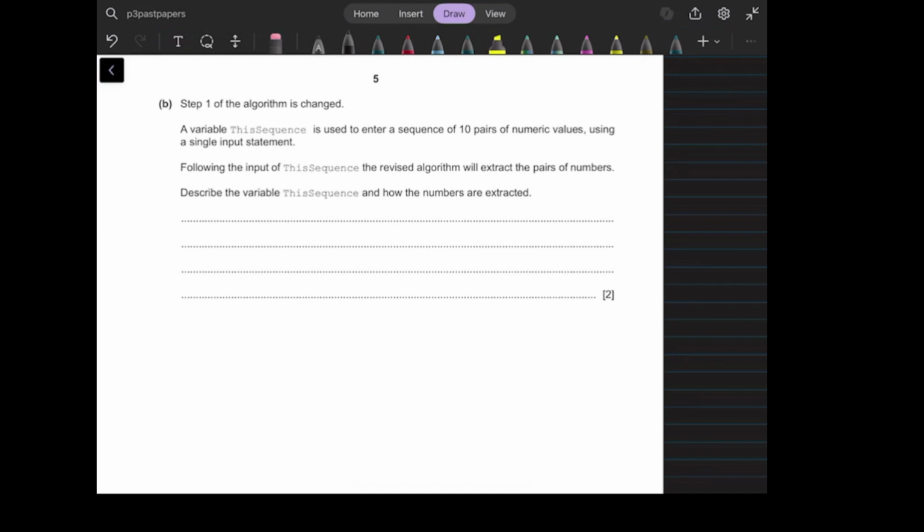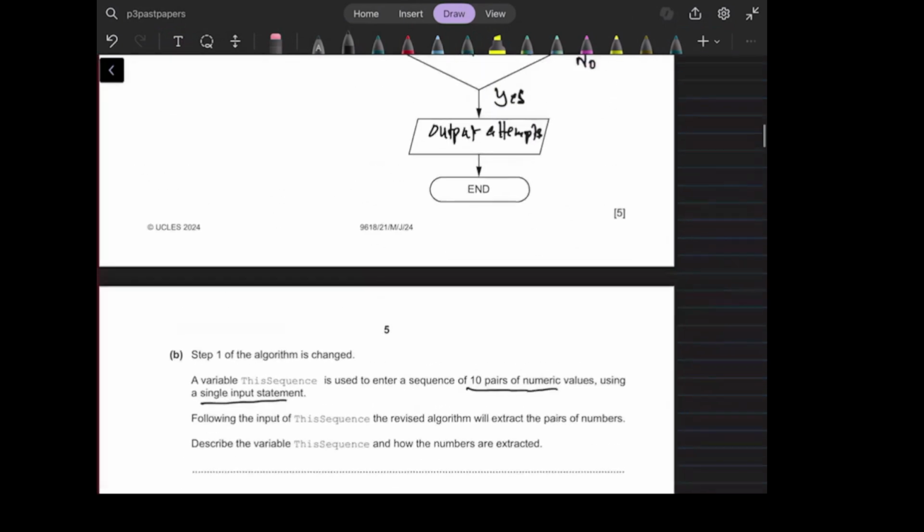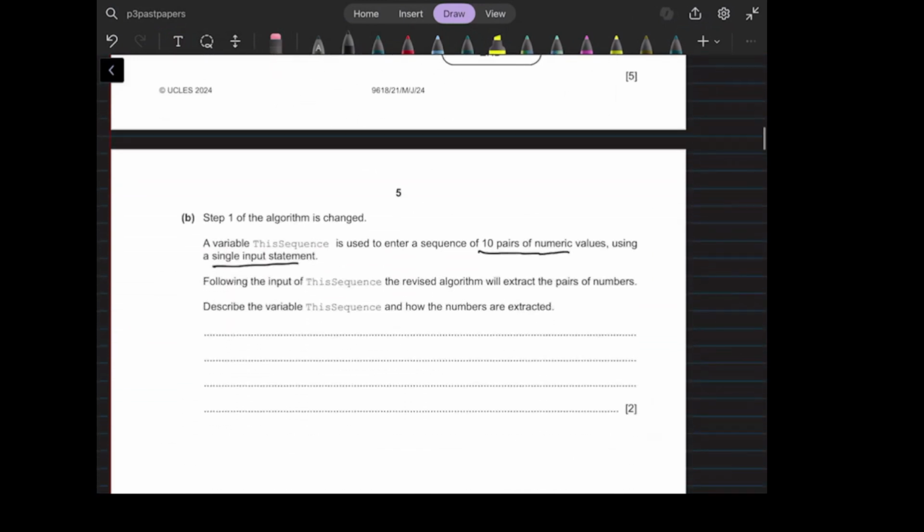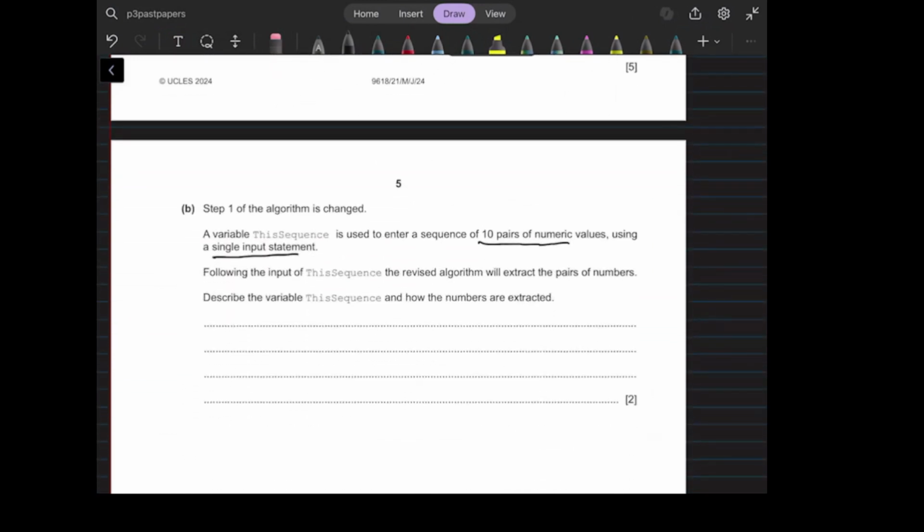Now the next part says step 1 of the algorithm is changed. A variable this sequence is used to enter a sequence of 10 pairs of numbers using a single input statement. Following the input of this sequence, the revised algorithm will extract the pair of the numbers. Describe the variable this sequence and how the numbers are extracted. So the variable this sequence is going to input. The question says that in place of asking the person to enter the pair of numbers again and again, you will be taking the values in a single attempt, 10 pairs of numeric values. So what we will do in this question, this sequence, a variable